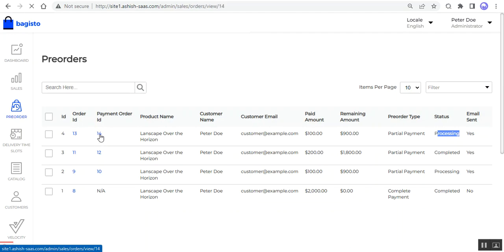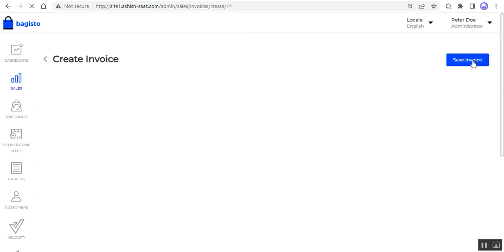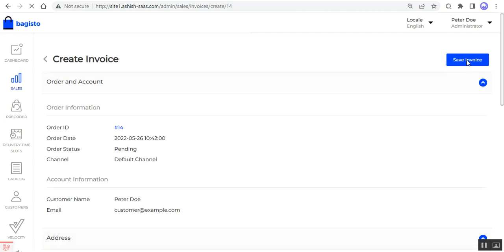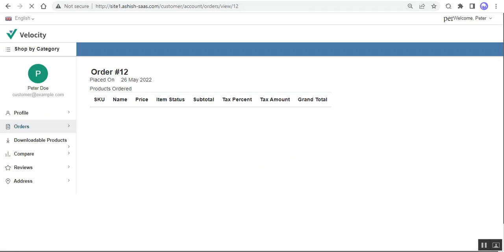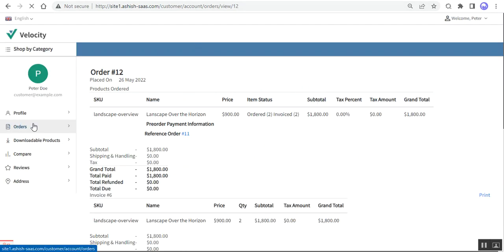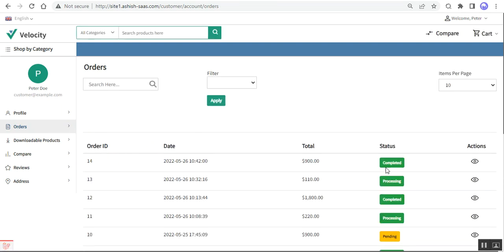Now if I go to the order number 14, I can generate the invoice for this. I can save the invoice, and after saving the invoice, if I come back to the order section there, let me go to the order section, to the order number 14. You can see the order number 14 is now for $900 is showing as completed,